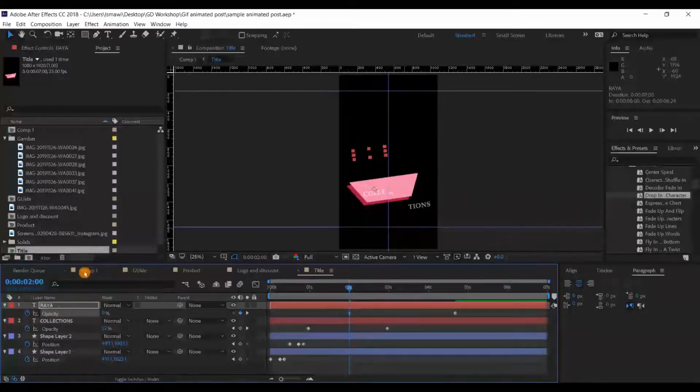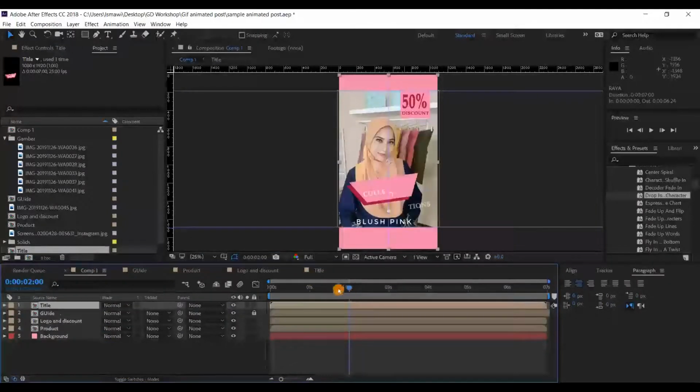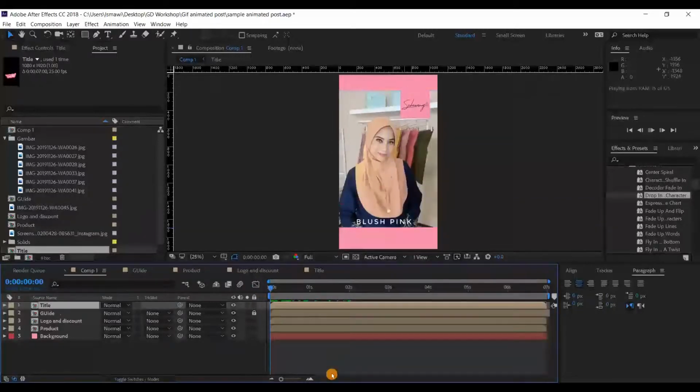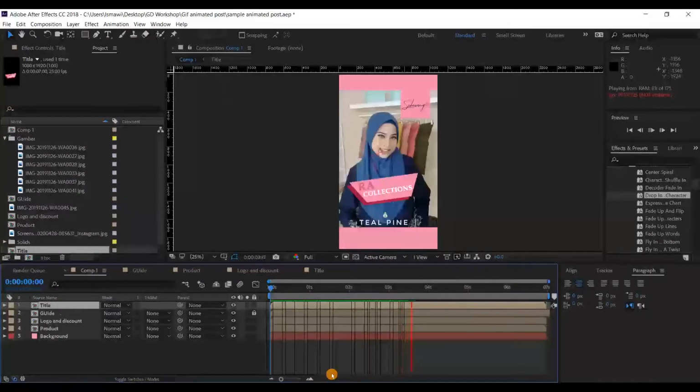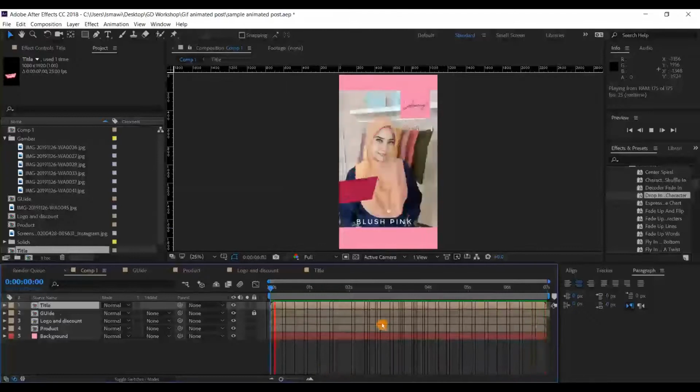When you go to Comp 1, everything will be modified according to what we modified inside the pre-comp. So if you play your animation, nice. It's lagging a bit because we need to render it.